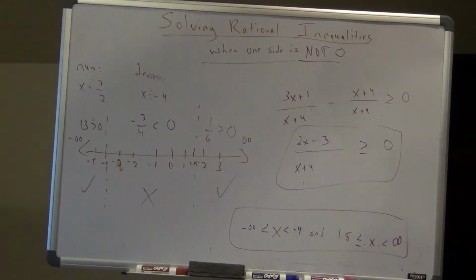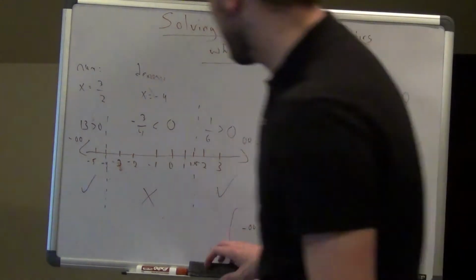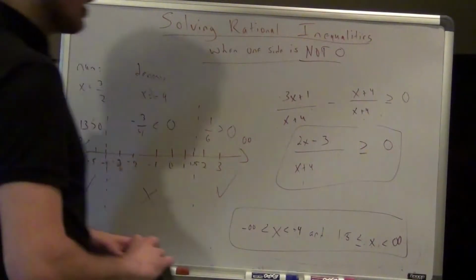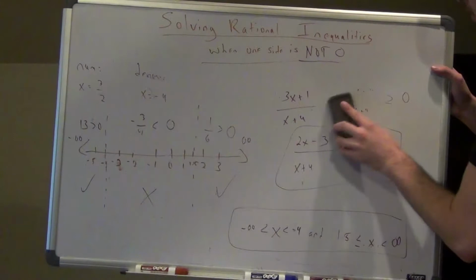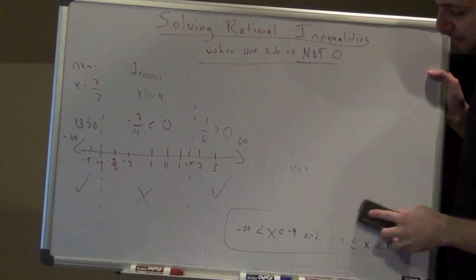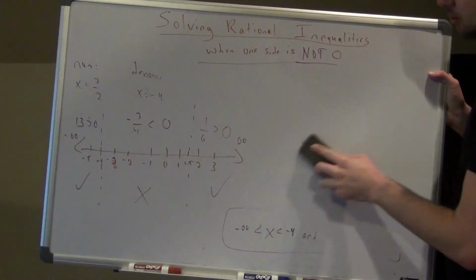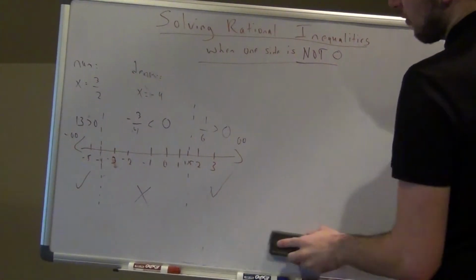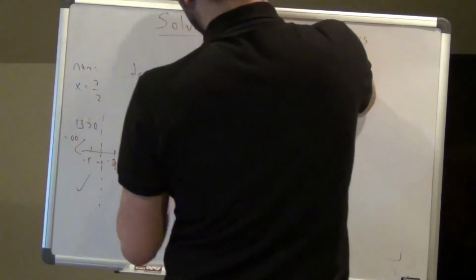All right, so now we're going to do one more, where the one side is not already 0. Now, if for some reason that didn't say equal to 0, then 1.5 wouldn't be part of my solution because it couldn't equal 0. It had to be actually less than 0. Pay attention to what you're looking at. Again,